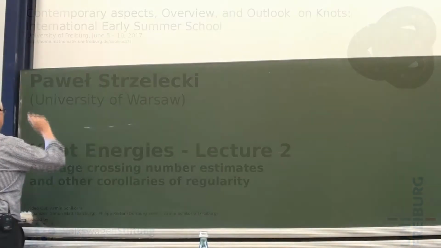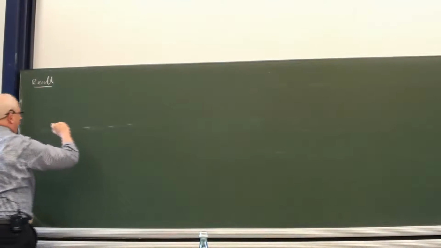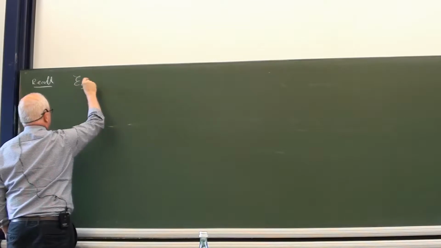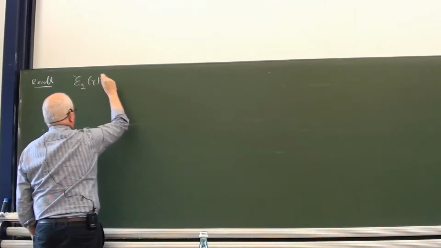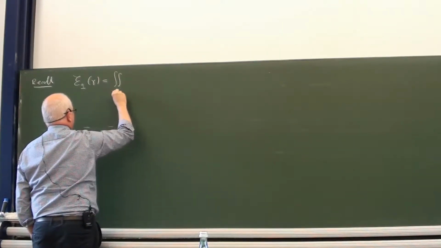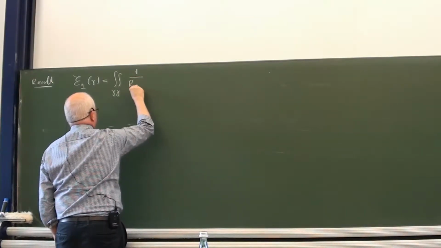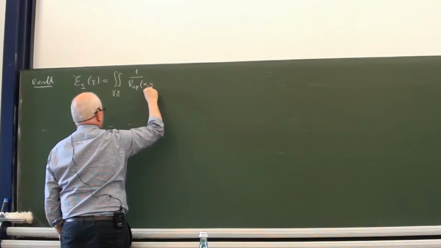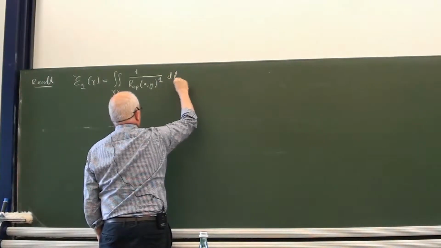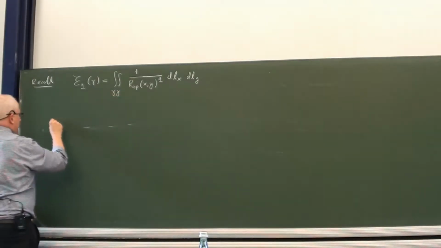So let me start. Let me recall that we consider the following energy of knots, of closed loops. E_q of gamma equals the double integral over gamma of 1 over the tangent point radius at two points x and y, raised to the power q, integrated with respect to the arc length measure, and